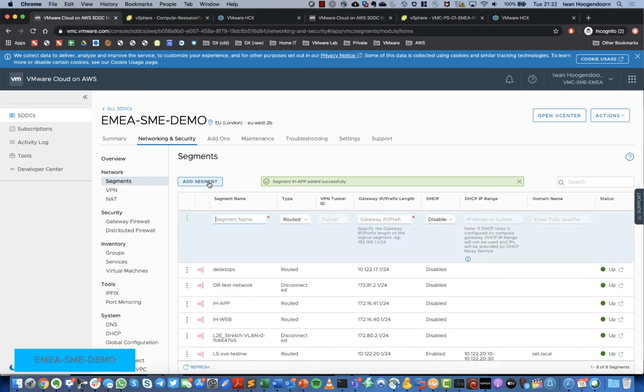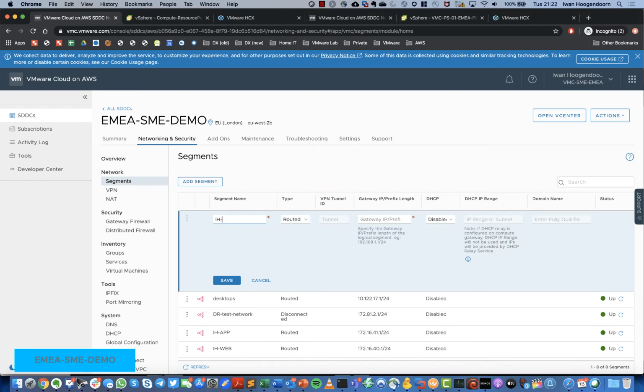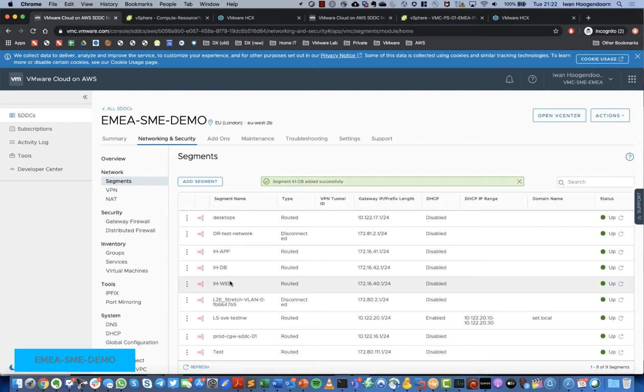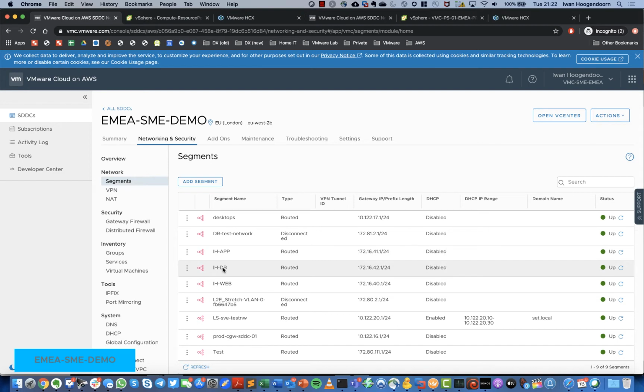And we're going to do the same with the database tier. Now that we have all our segments ready